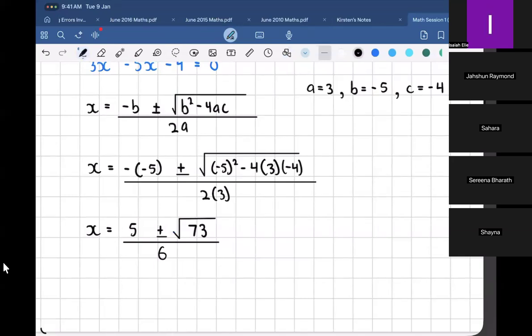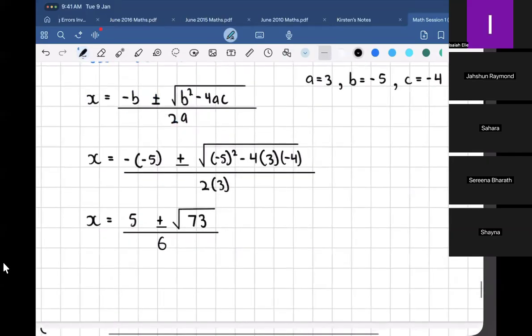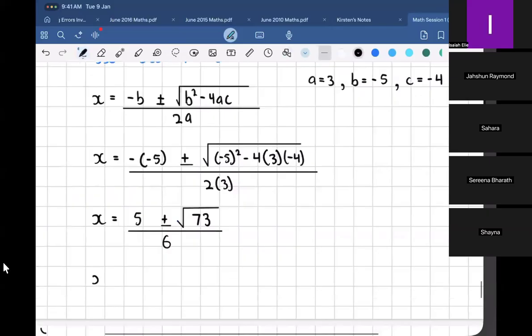Or they're even not hanging. Did you all get 73 for the inside? Yeah, 73 on the inside. Great. So my answers are going to be, okay, anytime you solve a quadratic, let me just tell you now,